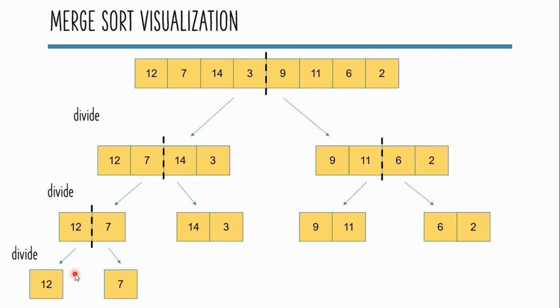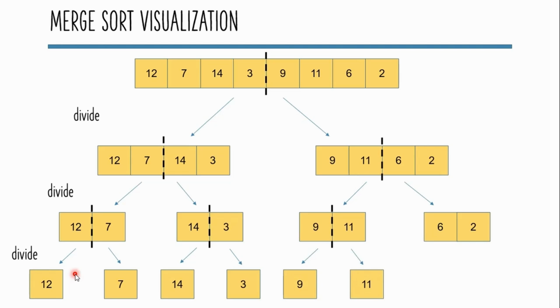So again we'll repeat the same procedure for the other subarray pairs that are there. So the next subarray pair has to be divided in the same manner, and we'll go on doing this procedure. So at this particular stage we'll see that each of the subarrays that are there has only one element in them. So this is the point where we can say that the division is completed. Now we need to go towards the next step, that is the merging process.